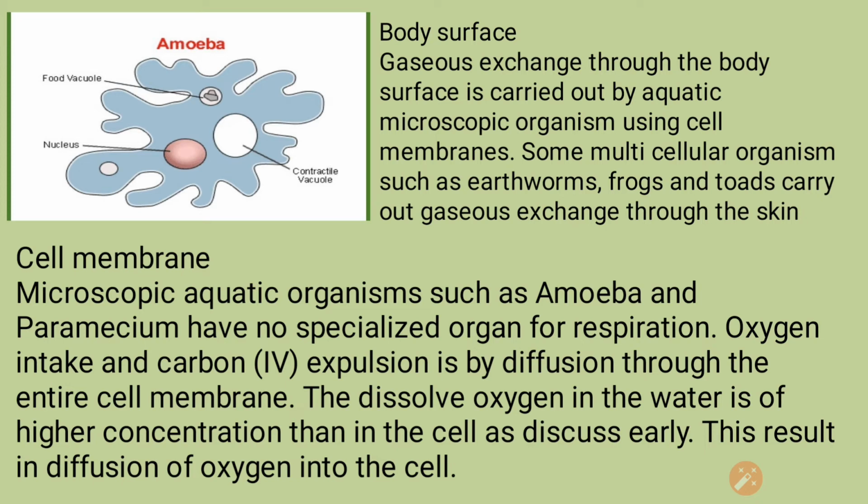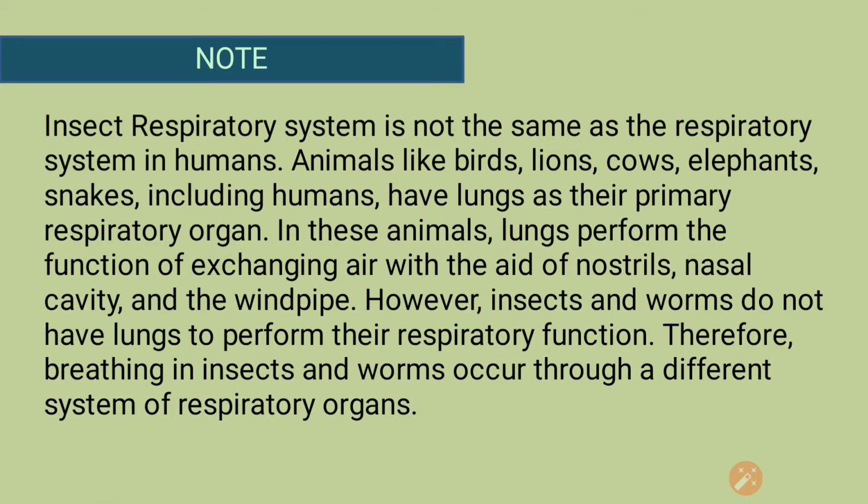Microscopic aquatic organisms such as the amoeba and paramecium have no specialized organs for respiration. Oxygen intake and carbon dioxide expulsion is by diffusion through the entire cell membrane. The dissolved oxygen in the water is of higher concentration than in the cell, as we discussed earlier, and this will result in diffusion of oxygen into the cell of the amoeba. You must note here that